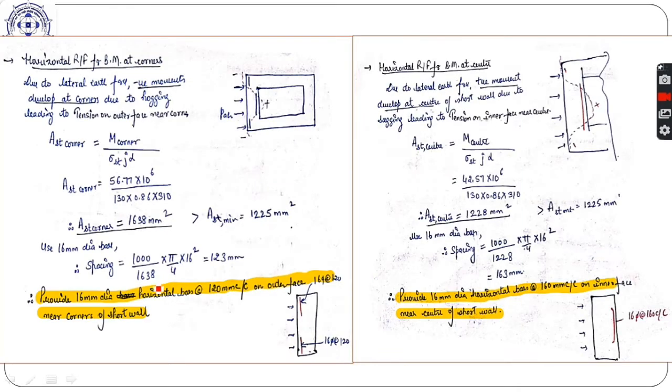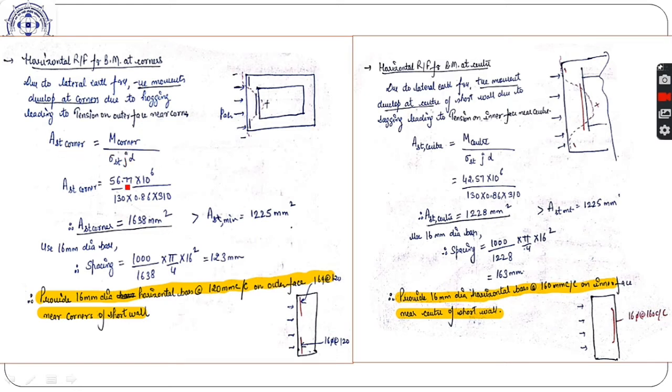Okay, so now we calculate the horizontal reinforcement for the bending moment at corner and center by using this formula, AST is equal to m upon sigma st. Now as the load is acting in this direction, the active earth force, sagging will be on the inner face of the wall, and the hogging will be on the outside face, which is exactly opposite to what we did in the case of water pressure. So the corner moments will be acting here, so the corner reinforcement will be provided on the outer face, and the central reinforcement will be provided on the inner face like this of the short wall.